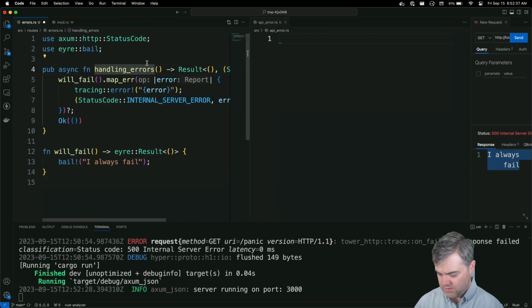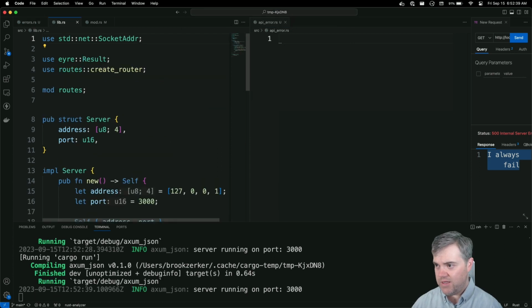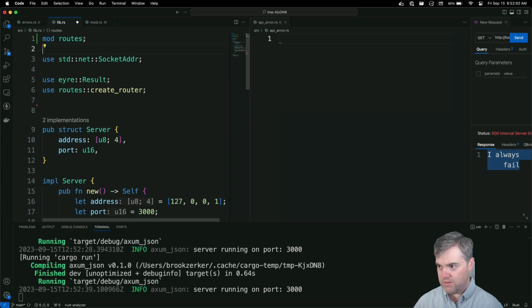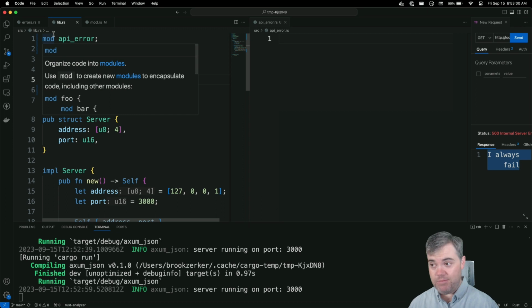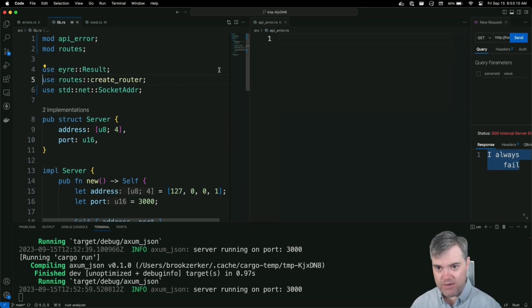Over here, we're going to open up lib, and I have to mod this in. I really like to have my mods up top, so I'm going to move you up there. We're going to do mod api_error. Pull these together a little bit, clean that up. We don't need this to be a public mod because anything that's a child of the library, which is all of our code besides main, has access to this because library has access to this. So we're fine here.